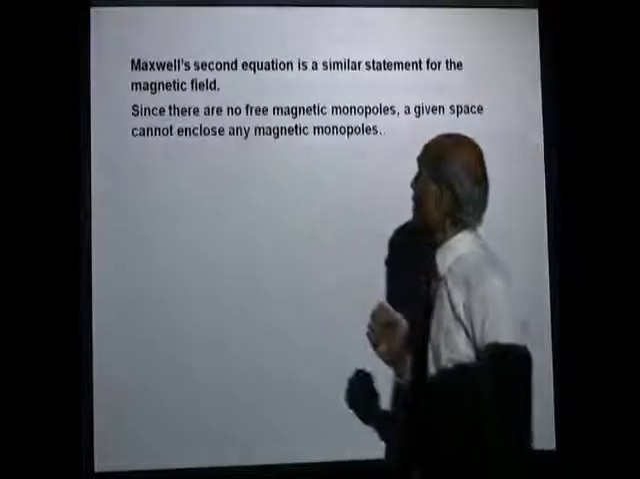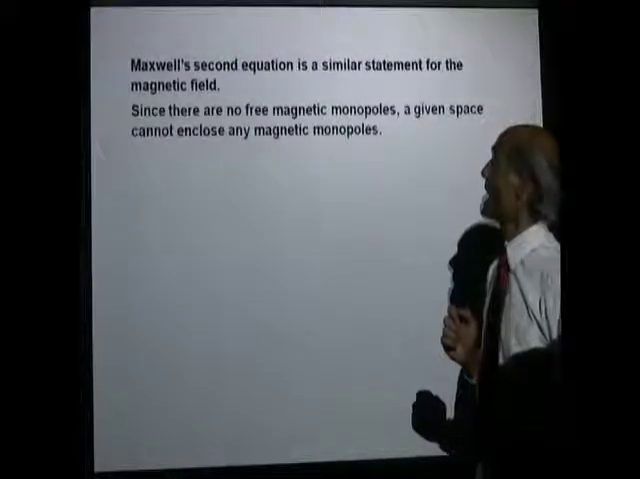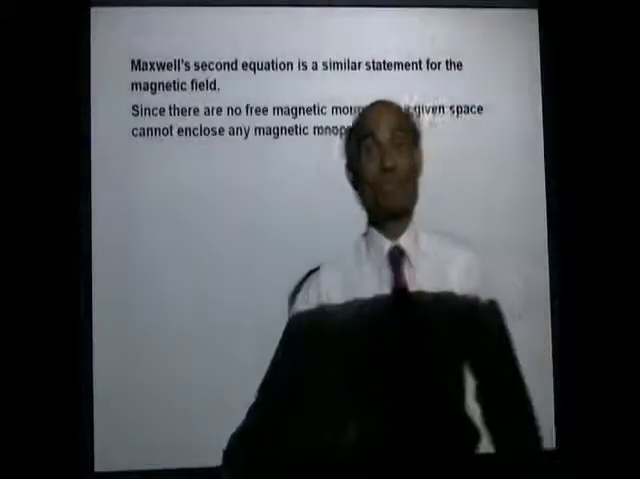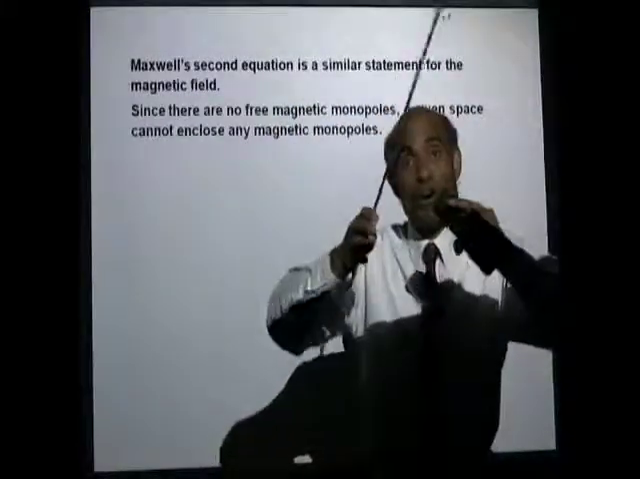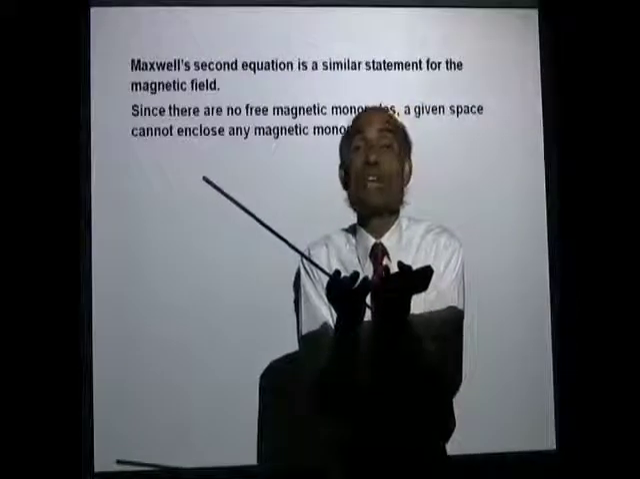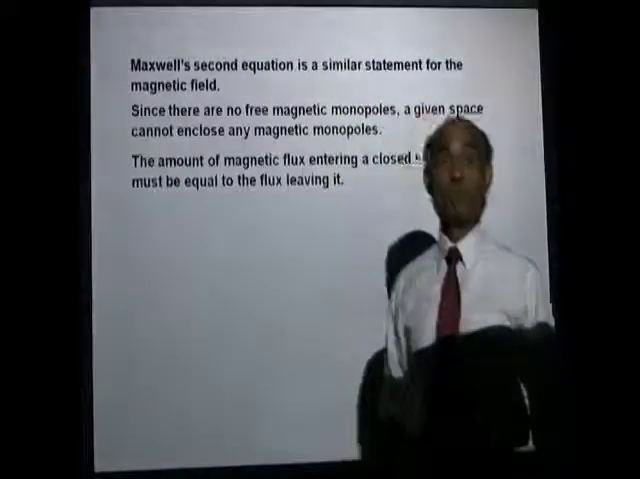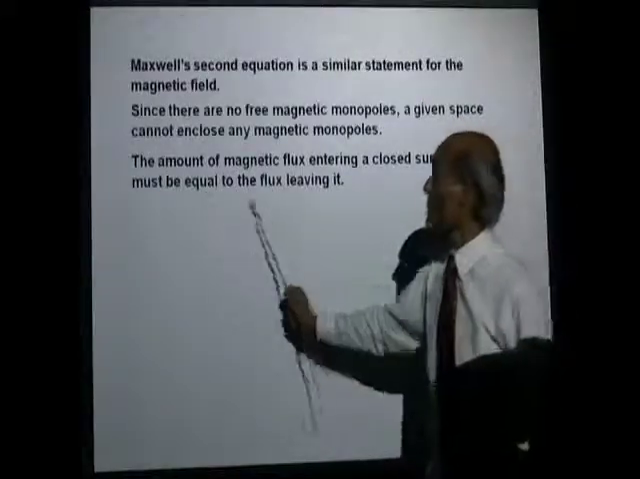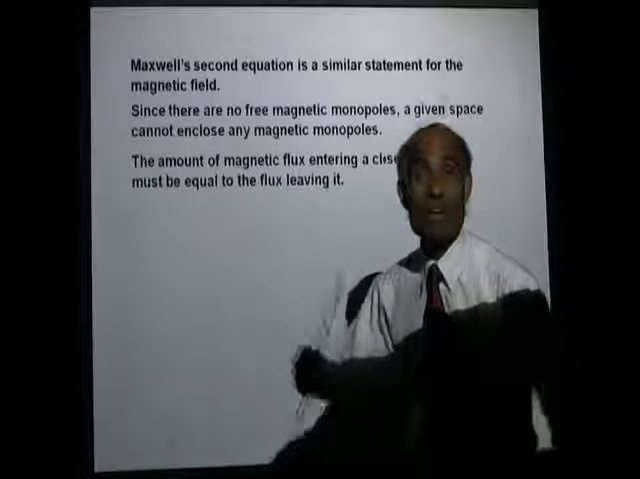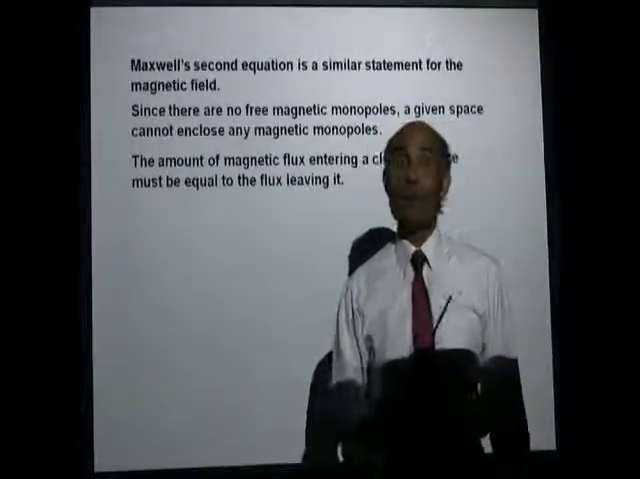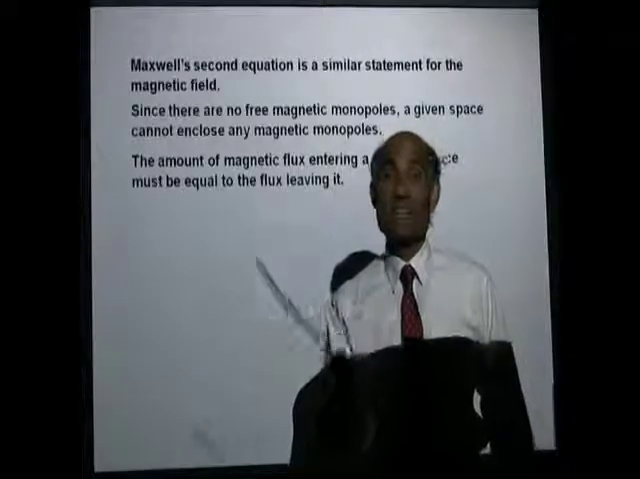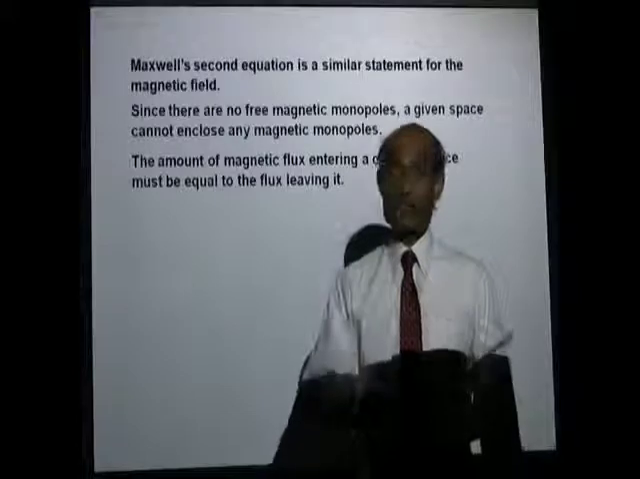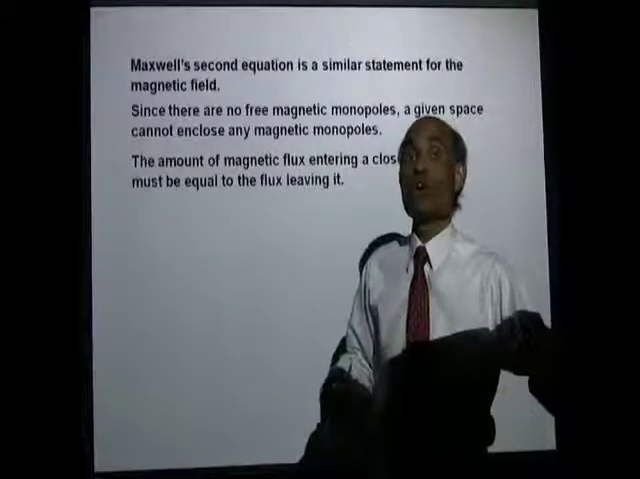Since there are no free magnetic monopoles, a given space cannot enclose any magnetic monopoles. That means the amount of monopoles that is enclosed in any space will be zero. The amount of magnetic flux entering a closed surface must be equal to the amount of flux leaving it. Therefore, how would you define the second Maxwell's equation,